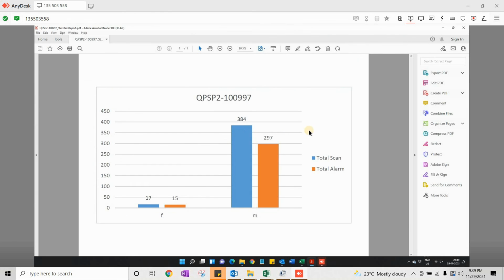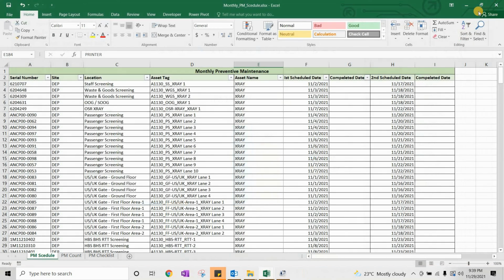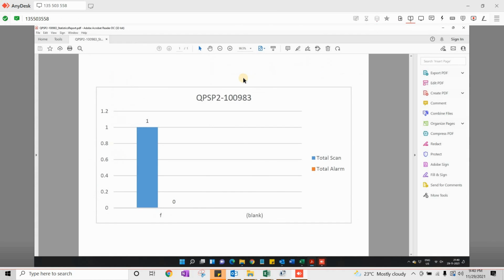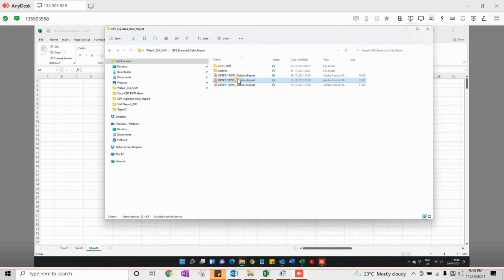You will find here all the reports have been exported. We can check the other report as well. You just have to attach these reports to your email and send your daily QPS statistics report.